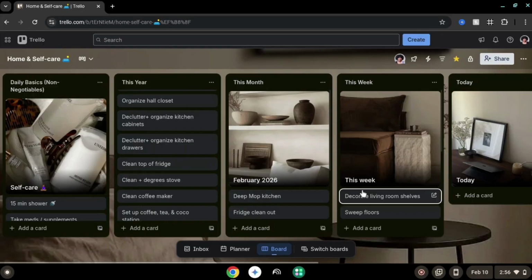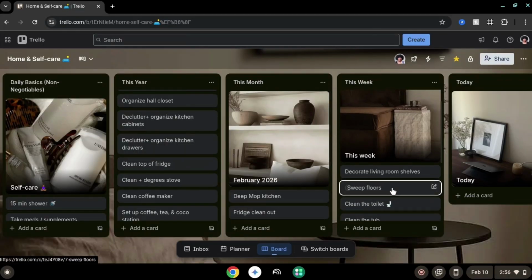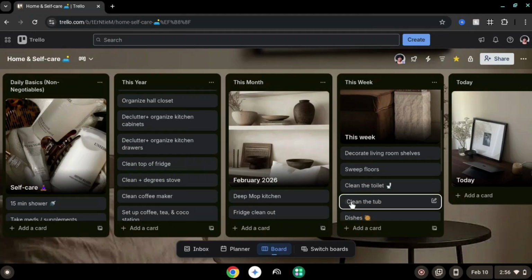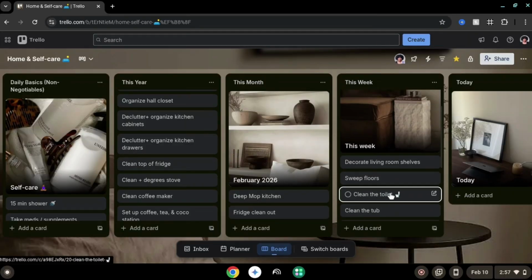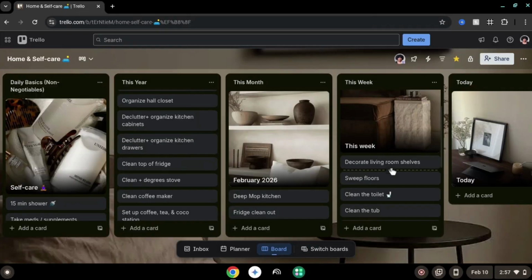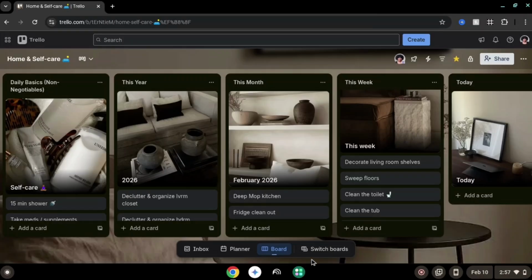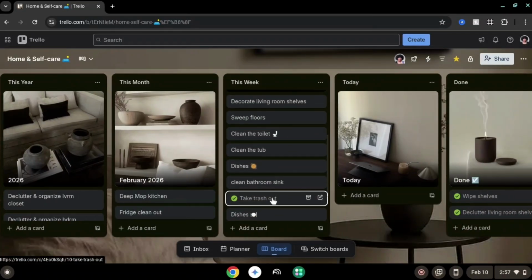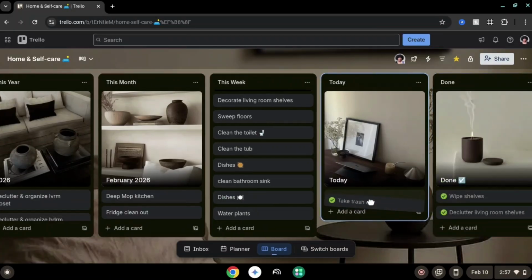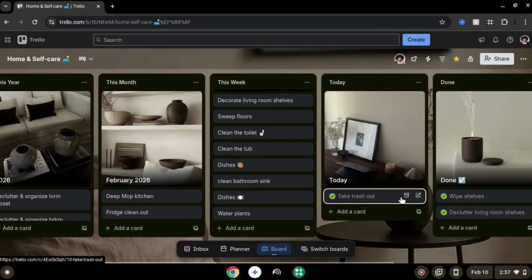And then this week, things that I know that I do on a weekly basis go in this category. And also things that I want to get done this week go in this category. This week, I believe I want to decorate my shelves. Last week, I decluttered my shelves, and there will be a video about this. But this week, I want to actually decorate the shelves and sweeping the floor, taking out the trash every week. If I know that I'm going to take out the trash today, I'll just drag it over. I know that I'm going to sweep the floor, or if I know I'm going to do the dishes later